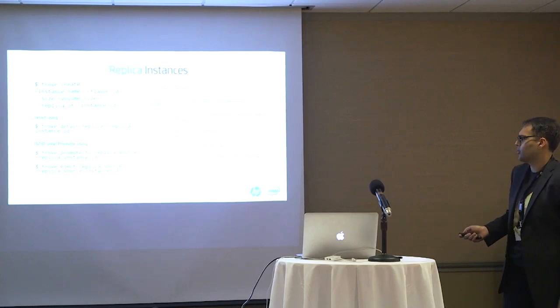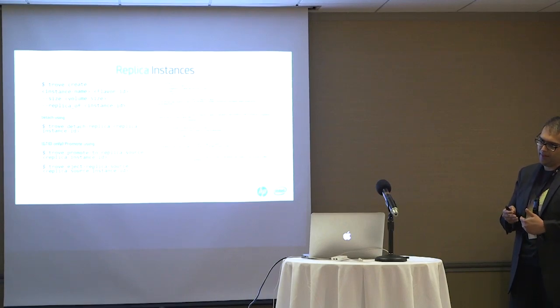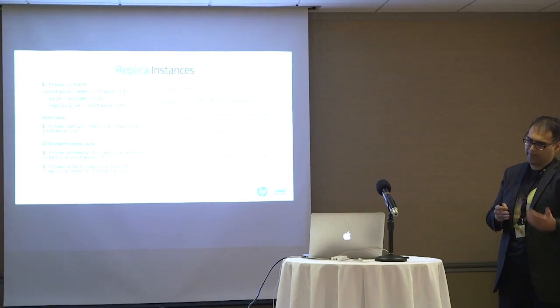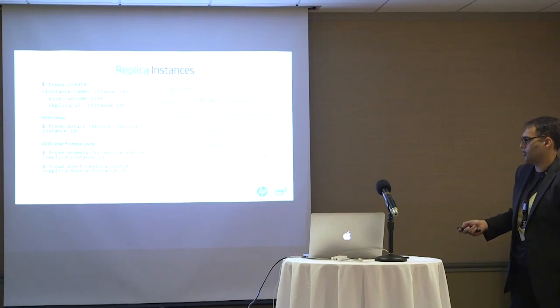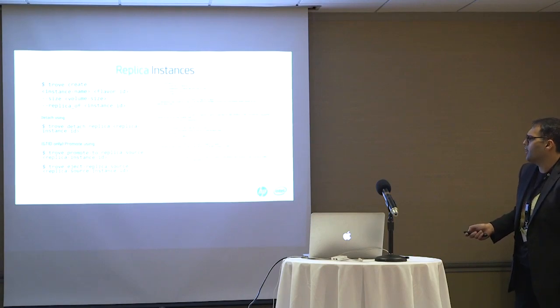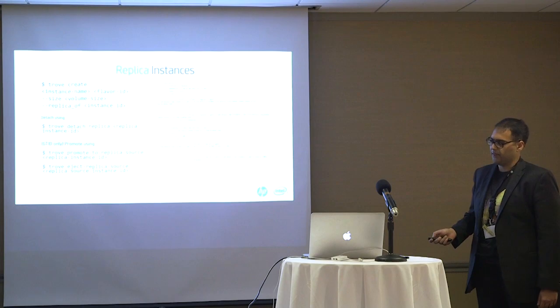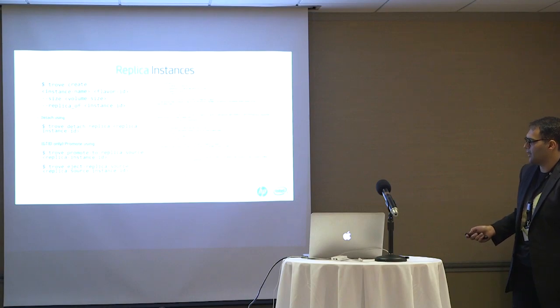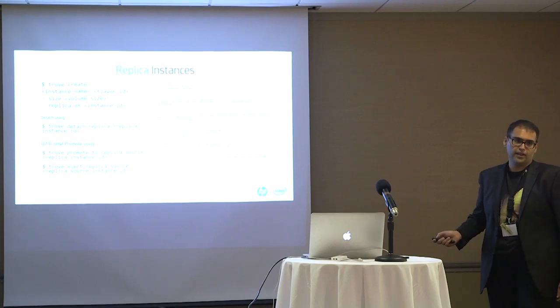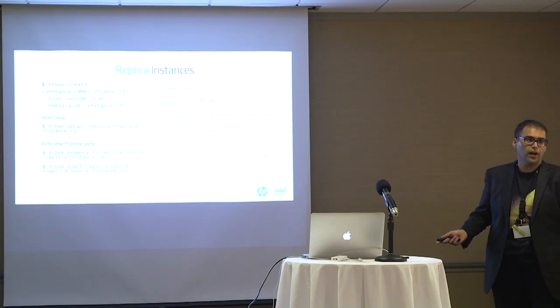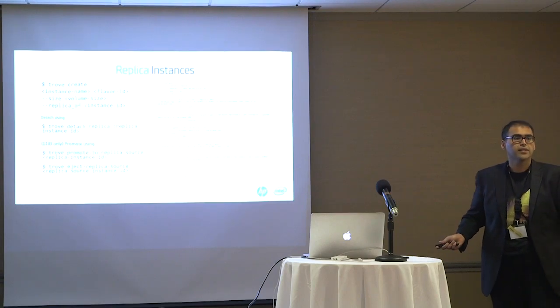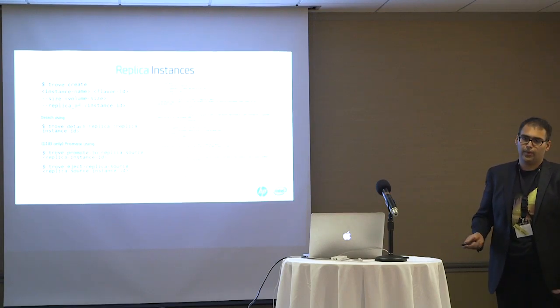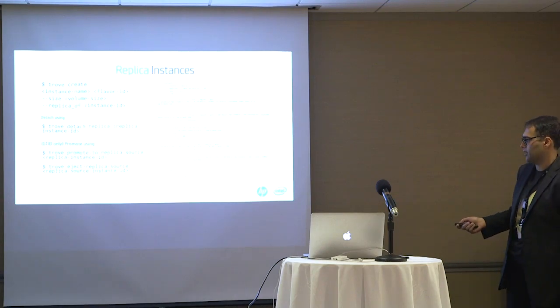You could do a promote to replica source, which makes a particular instance the master and makes the master the slave. Or say your master went down and you have no way to actually connect to it. You could do an eject replica source, which says this master no longer exists. Let me look at the global transactions across all the slaves. If I have more than one slave, pick the slave that's the most up-to-date, the latest, and promote that to the master programmatically. So you don't have to make the call about which one is the latest, because since it's async replication, you're not sure.